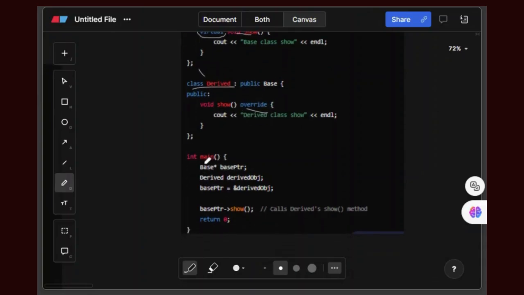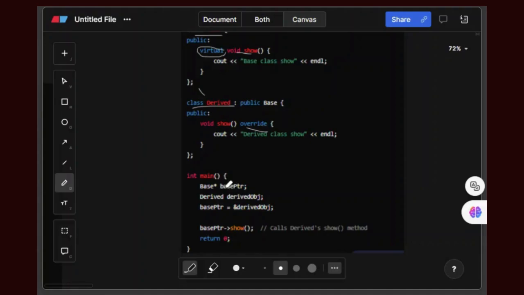At the time of calling, in int main, there's a pointer Base* basePtr of my base class, and a derived object of the derived class. Then basePtr equals the address of derived object.